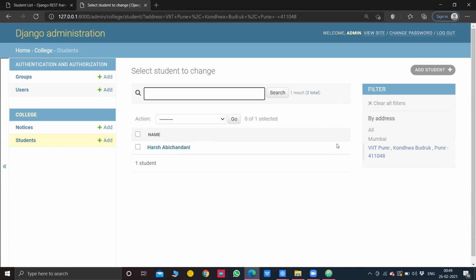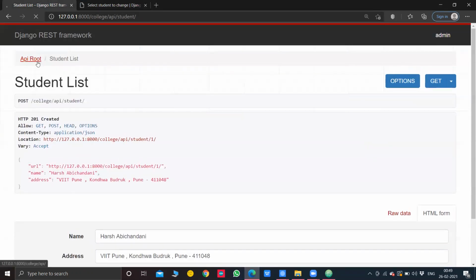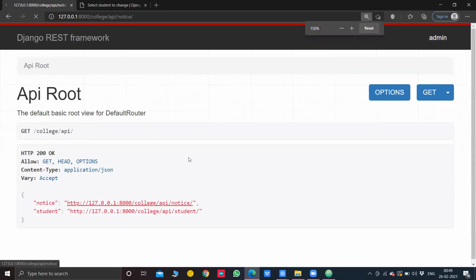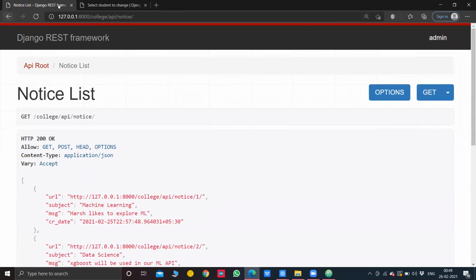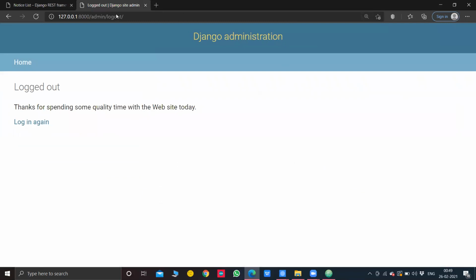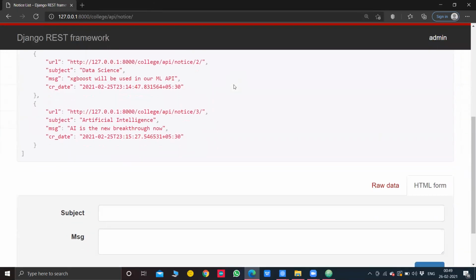Personally, it will take such a long time, and within a matter of 5 to 10 minutes, I even showed you how to upgrade your API. See, now your API has fields mentioned. There are two sections here. The students can communicate through this, and the notices, all the subject notices by the college, can be done here. See, everything is there with an admin, which is so amazing. Then log out here, change the password, everything is given, and that's it for this session now.